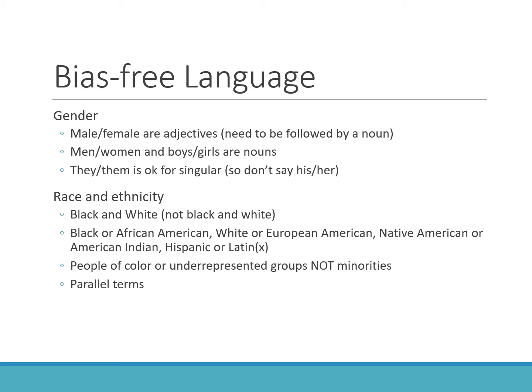Some groups that you may be talking about in your various writings: one is gender, and this is a big one that I'll bring up, especially if your paper is about gender. The AP rule is that we can use male and female as adjectives, but they need to be followed by a noun. So we won't talk about males and females. Instead, we'll talk about either men and women or boys and girls. So we use those terms if we're using them as nouns. If we need to use it as an adjective, we might say something like male participants. So if you're using the term male or female, you want to follow it by a noun.